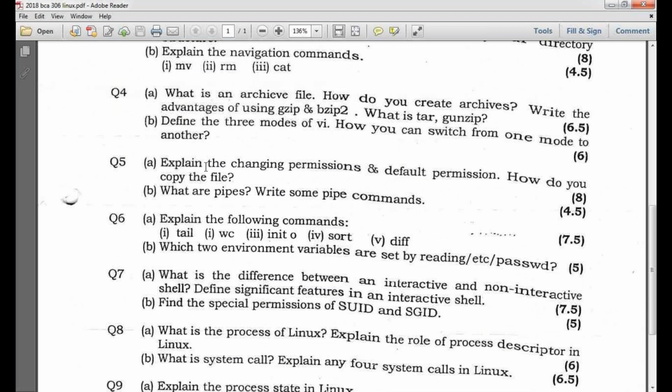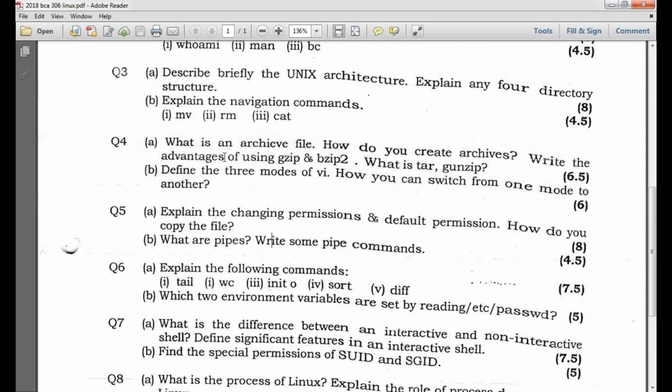Similarly, there are archive files, which I discussed in unit 2. I will try to discuss the archive one more time tomorrow if I get the time. For archive files, there is tar and zip for maintaining the archive, that means maintaining files as a backlog. A file that is not currently used becomes your archive file.